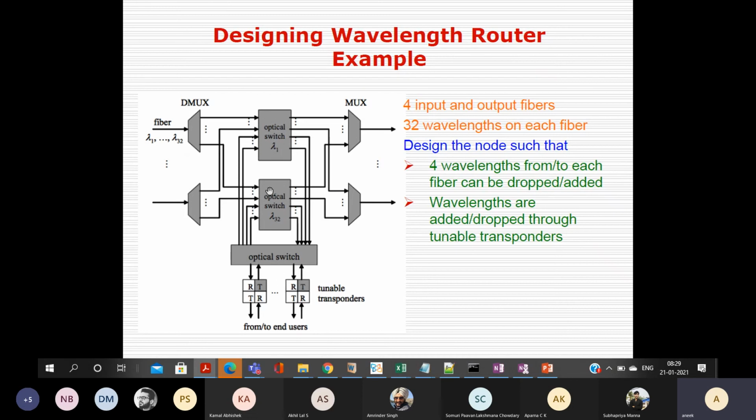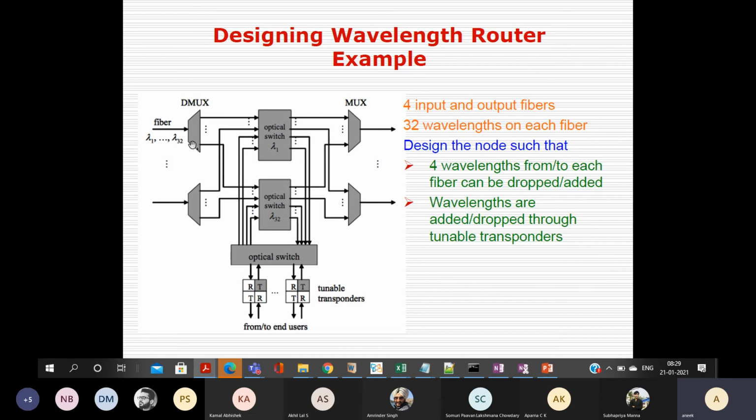That is for sure. Now, this device is a demultiplexer. All wavelengths come from the fiber, and you split them into 32 different wavelengths, just by looking at the color or frequency. So the demultiplexer dimension should be 1:32, because you require 32 different wavelengths.